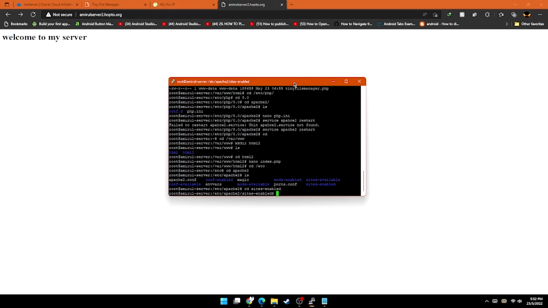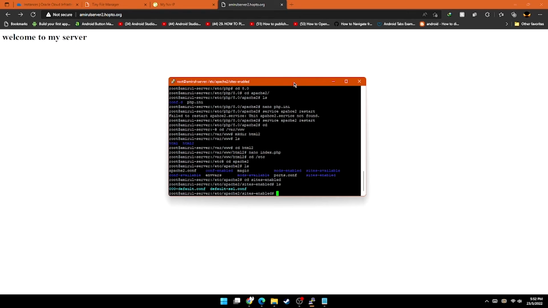Then we're gonna create a new conf file by copying the default http conf file to the new one for the second server, second domain. So we copy default.conf to html2.conf